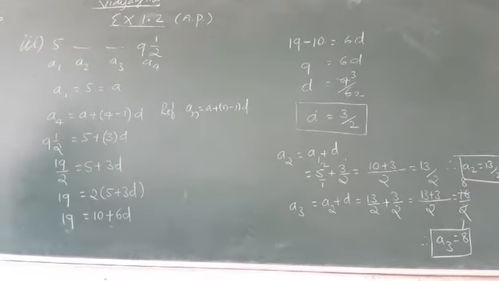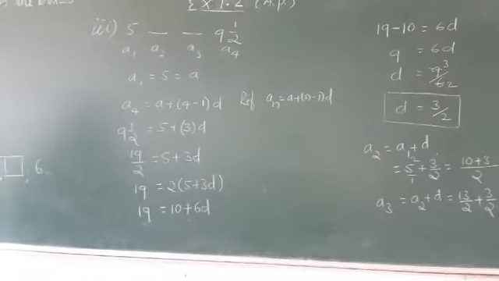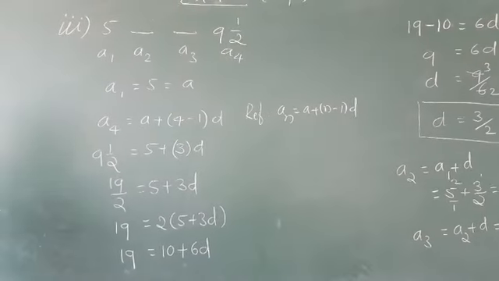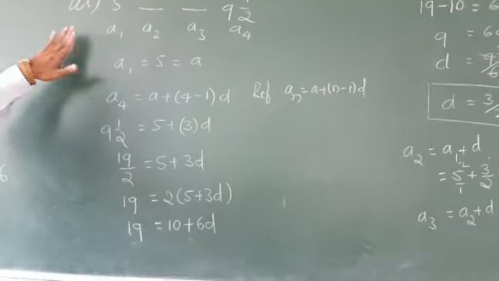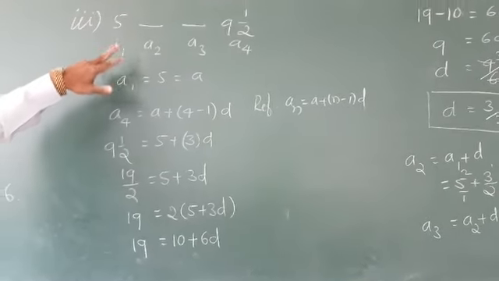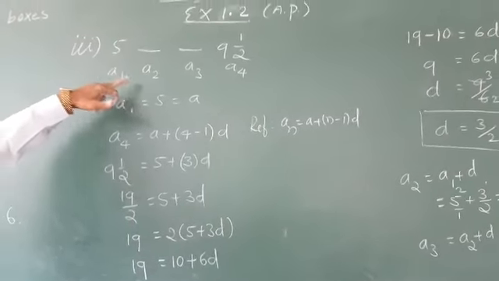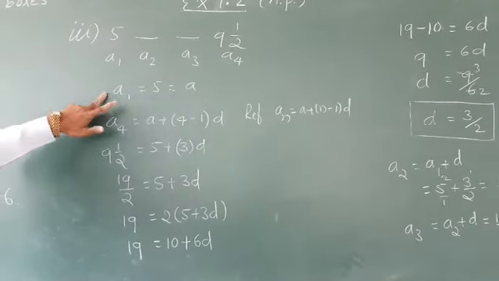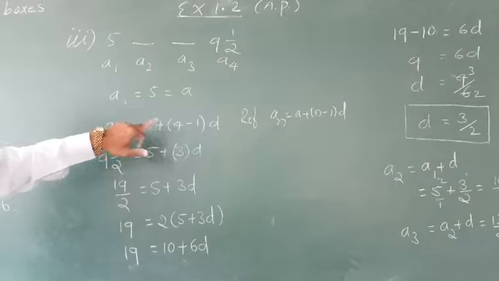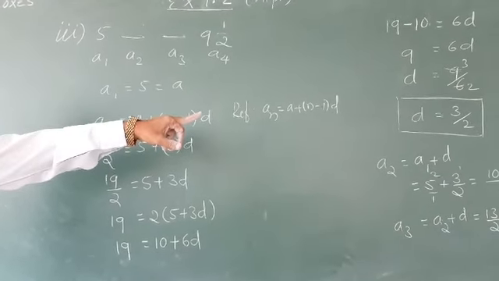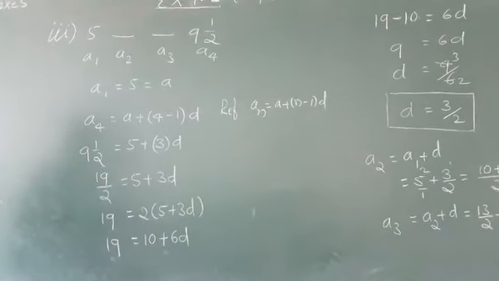Observe the problem. See, two consecutive terms are missing. So as usual, we have to consider the AP as A1, A2, A3, A4. A1 equals 5, that is equal to A. A4 is A plus 4 minus 1 into D, referring to the formula A_n equals A plus n minus 1